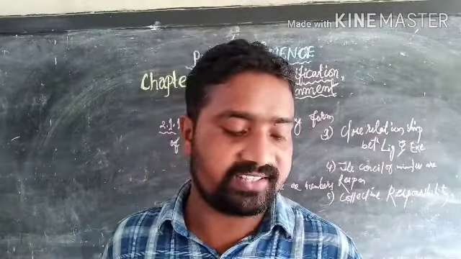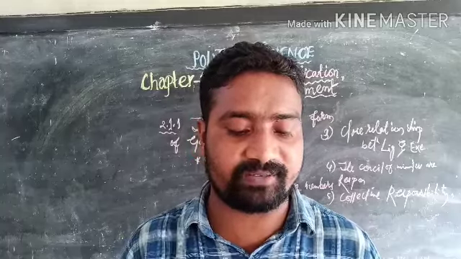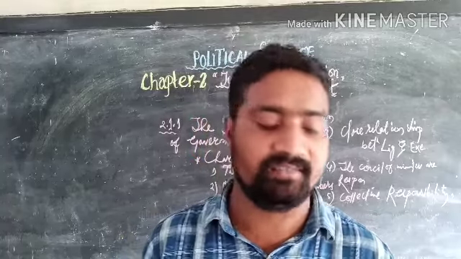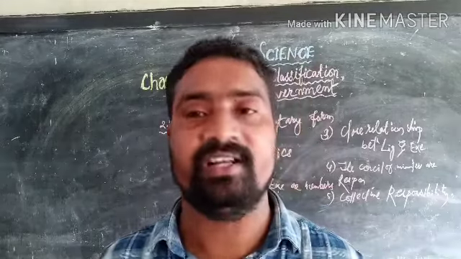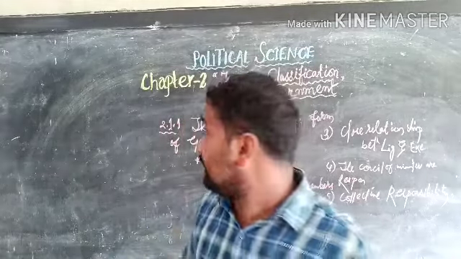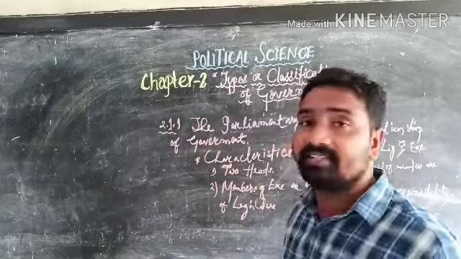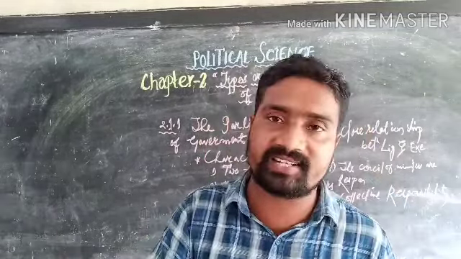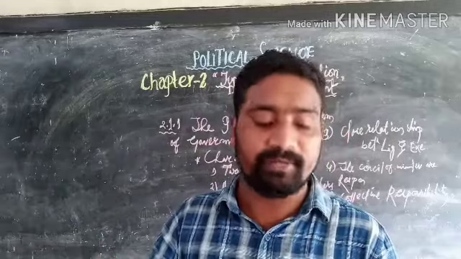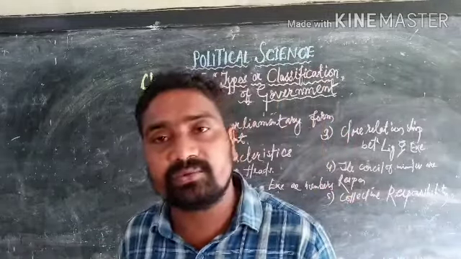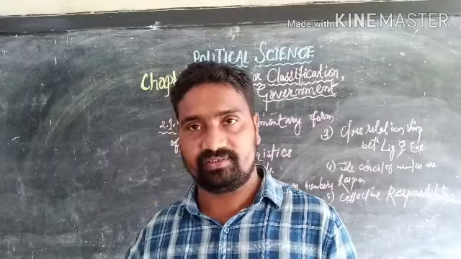So, the first point says that in the parliamentary form of government there is proper understanding, good cooperation and cordial relation between executive and the legislature. So what happened? In the parliamentary form of government there is proper understanding, a cordial, friendly relationship between the executive and the legislature. It's clear.